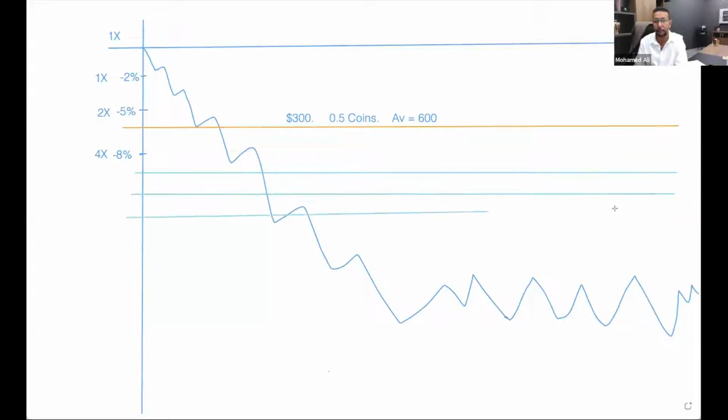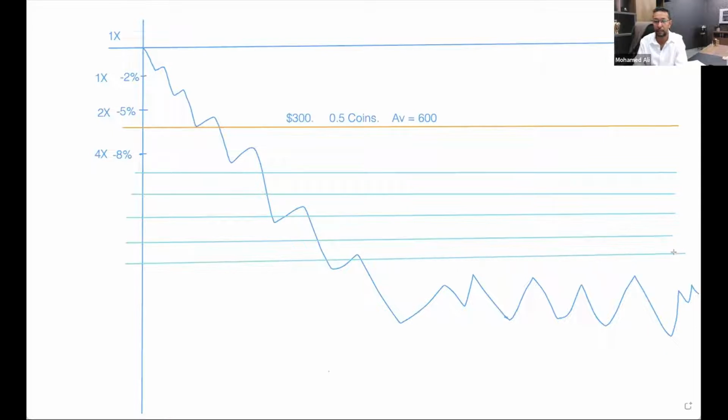Let me just take it all the way down. So it goes down up to cover 35. I'm not going to draw all the 35, so I will just make it as an example. And as the market goes down and fluctuates on a daily basis, we know that the daily fluctuation for the cryptocurrency market is between 1 to 5% plus or minus. And the difference between these covers is as low as 1%. So definitely the daily movement is going to cross a couple of these lines. So it's going to be buying and selling a couple of times a day. It can happen that a full day it doesn't buy or sell anything. It depends all on the market movement, but most of the days it's going to be buying and selling.